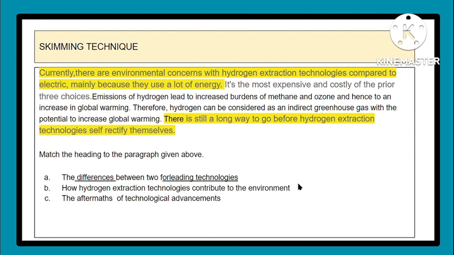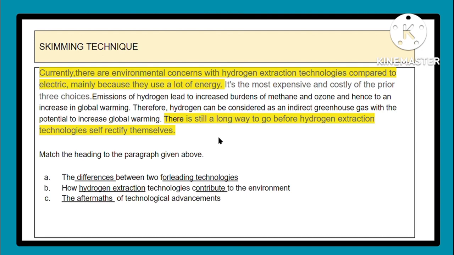Okay, and the last one, the aftermaths of technological advancement. The main noun here is the aftermath. Aftermath means the side effects. I know that, so I'm going to underline that and come back to the question again. By this time, I already know that the passage is going to talk about the environment, the effects on the environment, and the technologies' contribution to the environment, more or less, which is just a rough idea. So I'm going to proofread it again